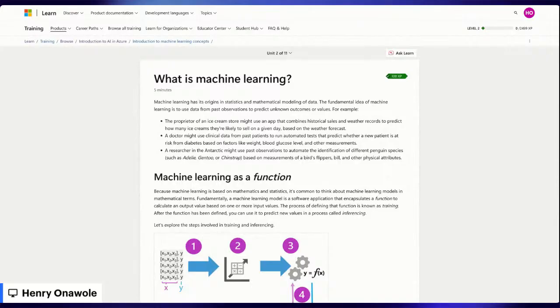For example, the proprietor of an ice cream store might use an app that combines historical sales and weather record to predict how many ice cream they are likely to sell on a given day based on the weather forecast. Now, I can easily tell you what model was used to run this prediction. I can tell you it was regression model because you can use regression model definitely, to make prediction for weather